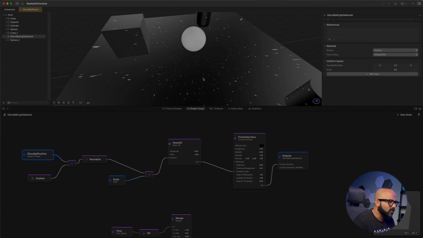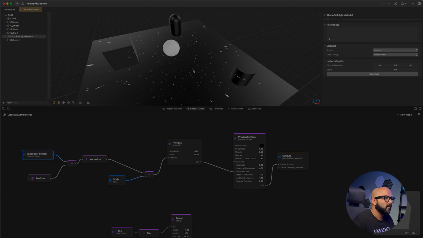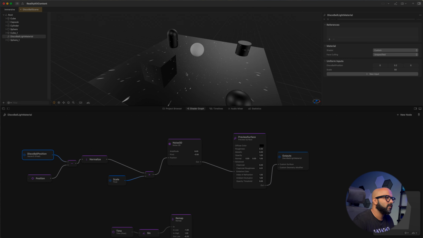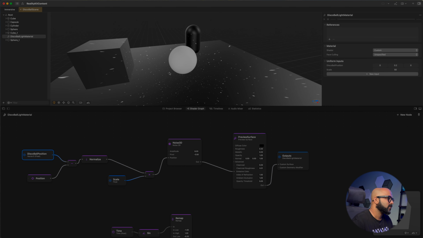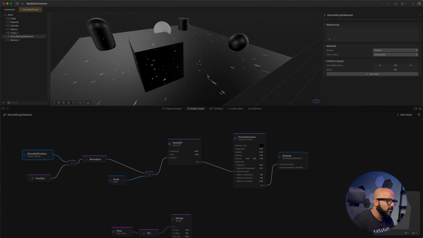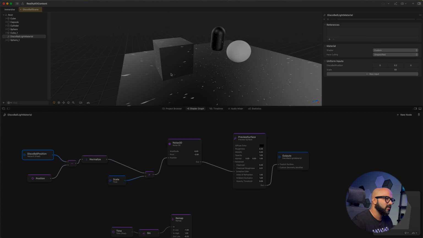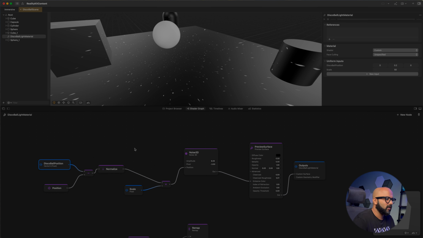And you can see that this is a very interesting effect that we are getting from it. There is this issue with this effect though, that even though our disco ball is here, we can see that our light is falling on the back of our objects, where there should be the shadow for the light. So we are going to do the dot product between the direction of the light and the normal of the